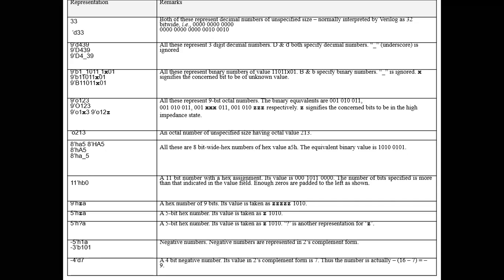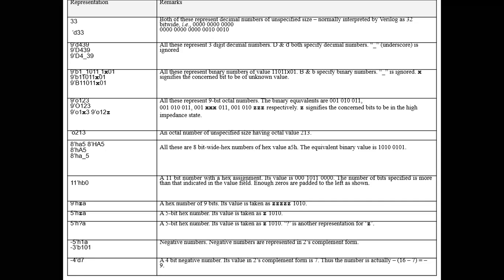Okay, we are willing to represent a particular number, 11011x01. For that we require 9 bits. Here we are specifying 9 bits, so we are writing 9 here. It is of format binary. Binary in the sense not only ones and zeros. The value of x and z can be used anywhere. We can see in the next slides logic values. In the logic values, we will be using 0, 1, and x and z. In the previous discussion also we had that, right? x and z will be included in any case.